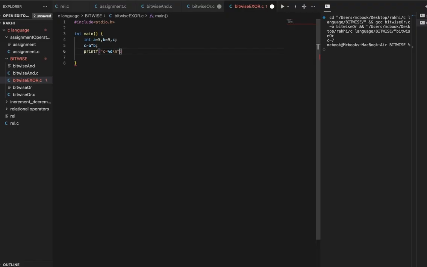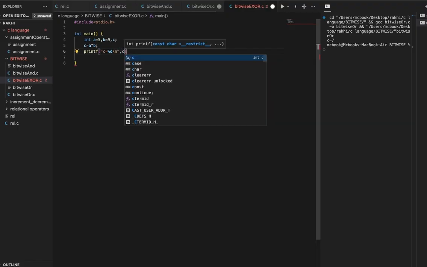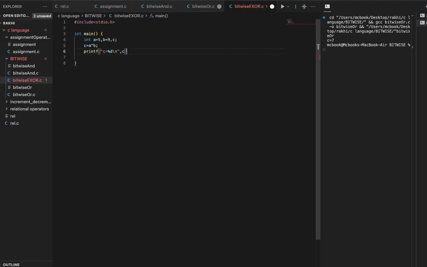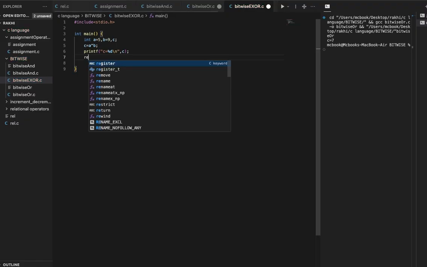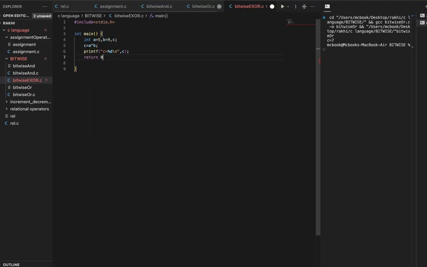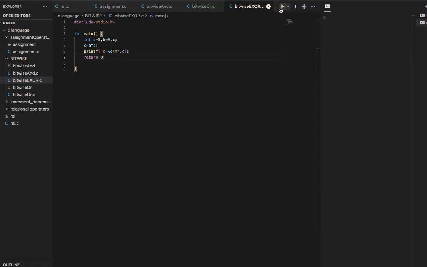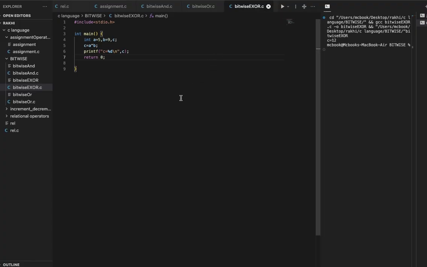Okay, you can understand easily. I initialize, write the operation, and what we want to print, and at the last return 0. You can understand. And you can see the answer easily,